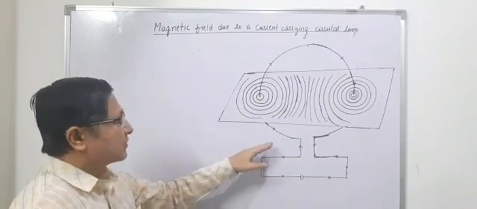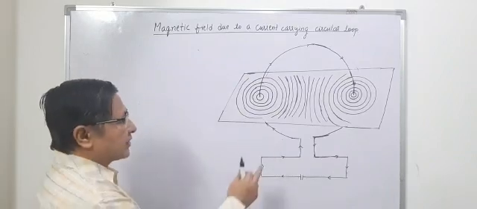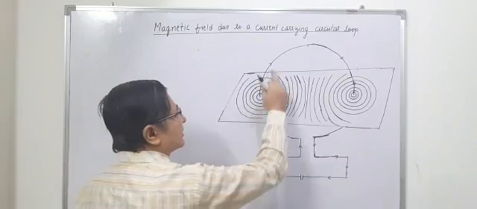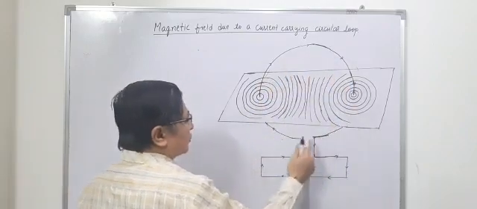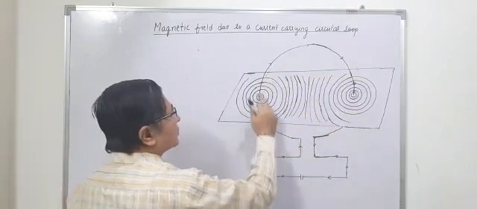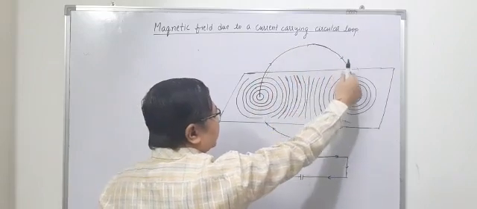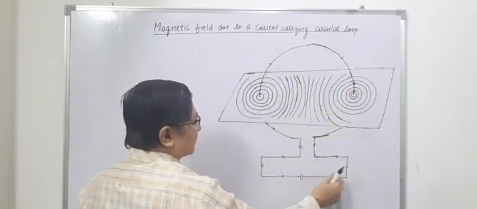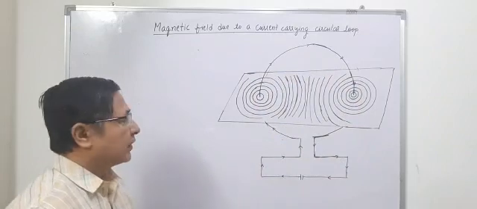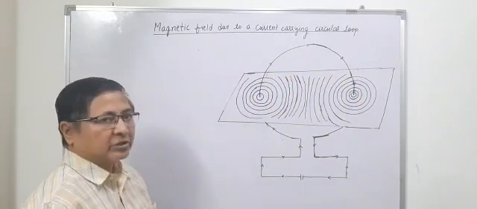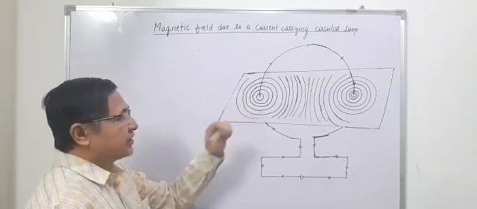But this is not a straight conductor, this is a circular loop. You can see it is in the circular form. So the current is entering from here, it goes up, and from that side it goes down and comes back, and this is the path of the electric current. Now let us see how the field is formed around a